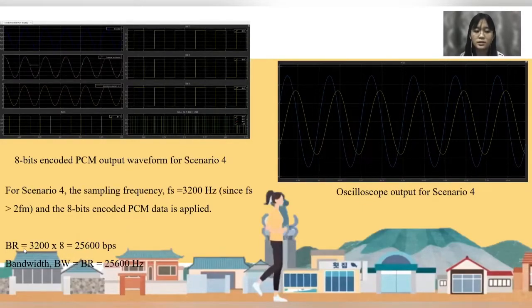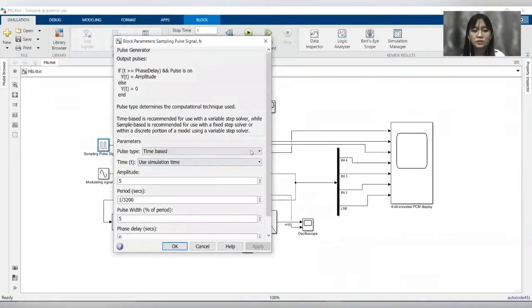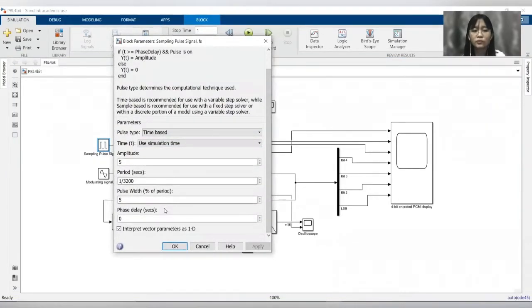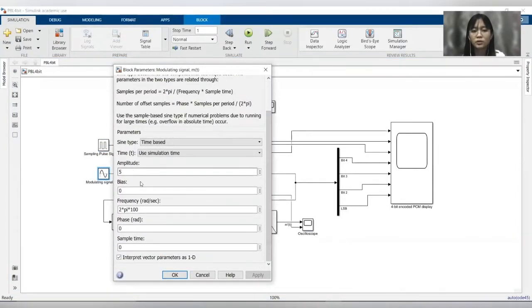Then the calculation here is 3,200 times 8, which is 25,600 bps, equal to 25,600 Hz. This is the actual block diagram that we did. For the pulse signal, the setting is amplitude 5, pulse width 5, and the period is 1 per 3,200. And for the modulating signal, the amplitude is 5 and the frequency is